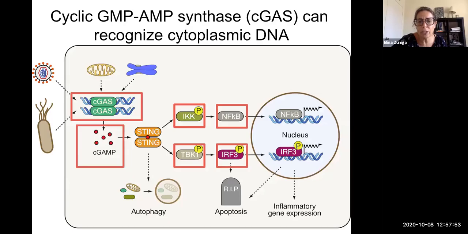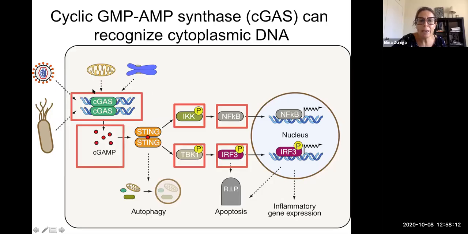I switched the slide here because I thought this would be much clearer for this course. And so here you can see depicted how DNA from viruses or bacteria, when they reach the cytosol